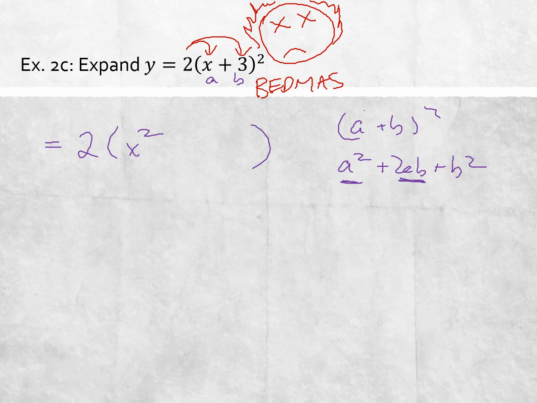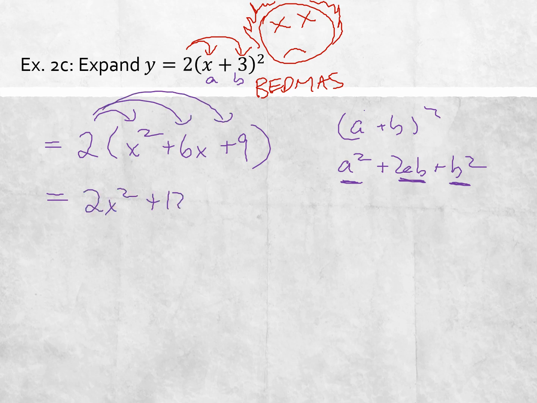Middle term, multiply them and double: 3 times x is 3x, double the 6x. B squared, square the 3 gives you 9. Now distribute that 2 in, and you're left with 2x squared plus 12x plus